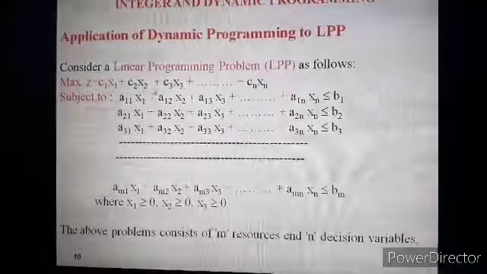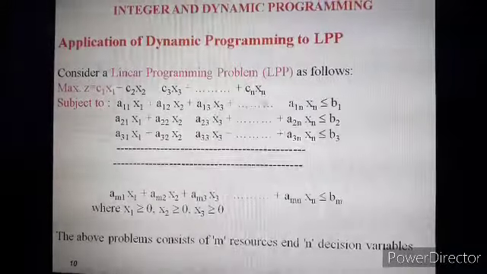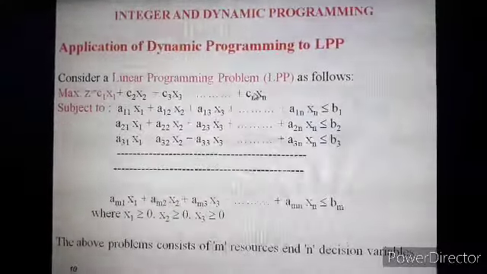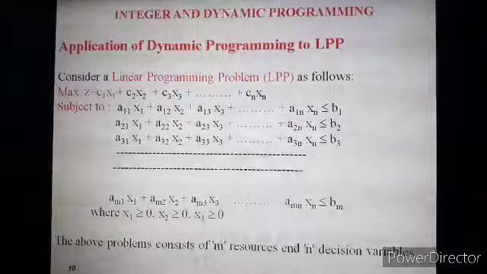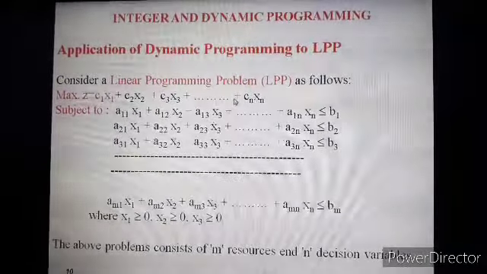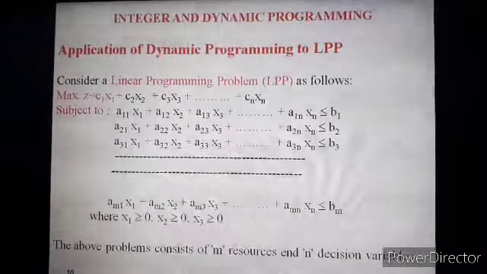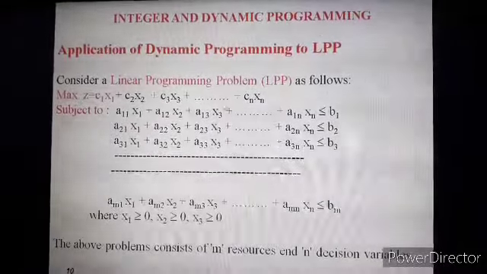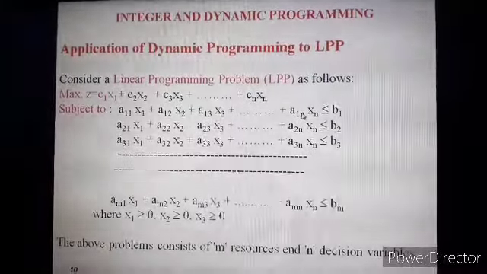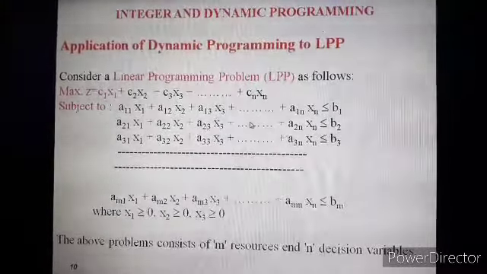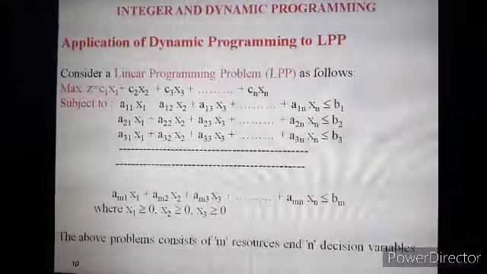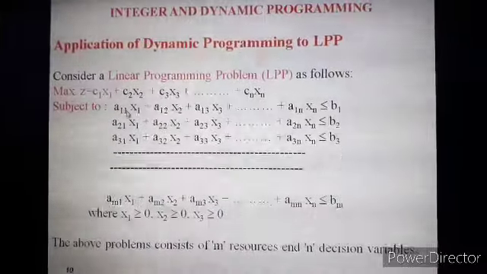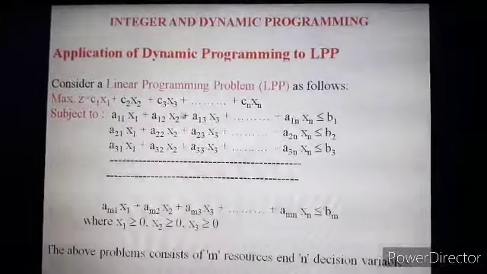Again, x1, x2, x3 up to xn are the variables under consideration, and all these variables depend upon our resources. If there are 3 resources, then accordingly we take the 3 variables, that is x1, x2, x3. If there are more than 3 resources, then we extend our problem for the variables such as x1, x2, x3, x4 and so on. From the exam point of view, we have the linear programming problem as well as the dynamic programming problem limited to 3 variables. So we must always have a maximum of 3 variables, that is x1, x2, x3.